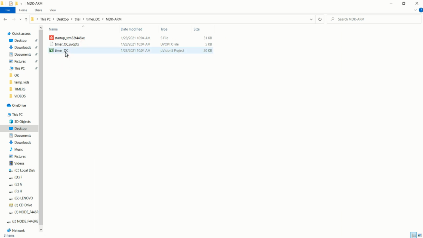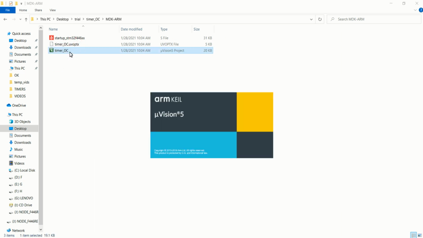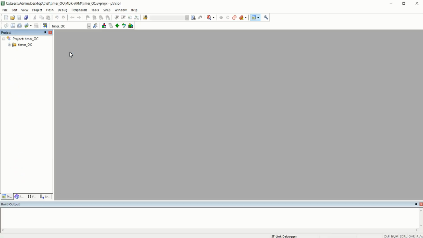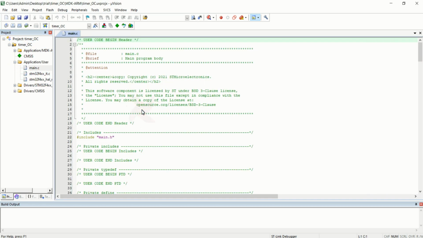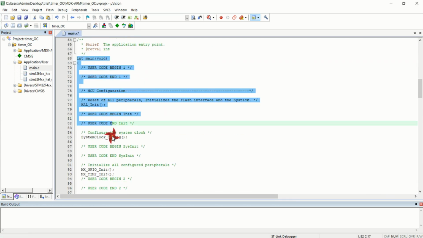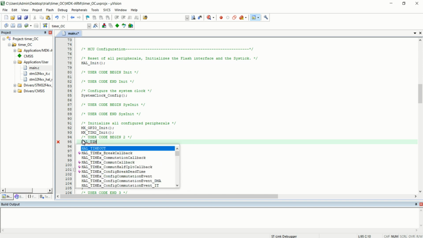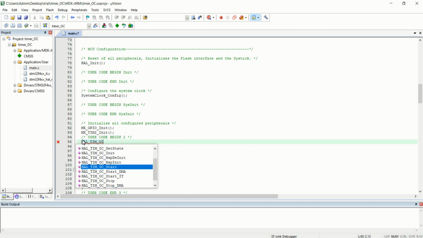Open the MDK and open the timer OC Keil file. You can see this is the CubeMX generated code, and inside the main function we just want to start the timer with channel 1 of output compare mode. That is the only necessary thing that you want to do. HAL_TIM_OC_Start.